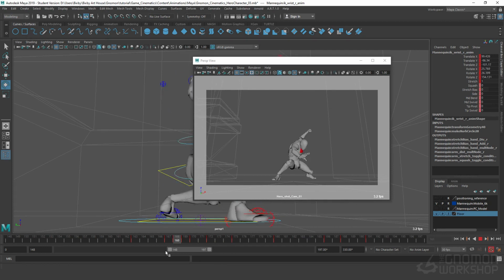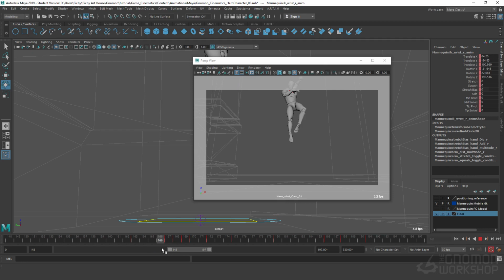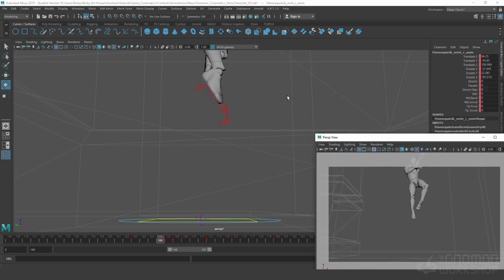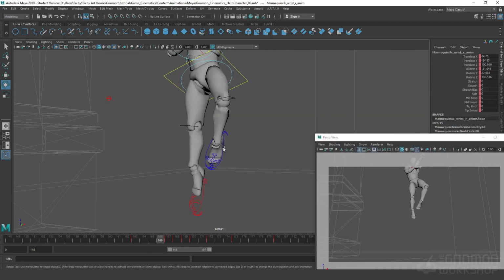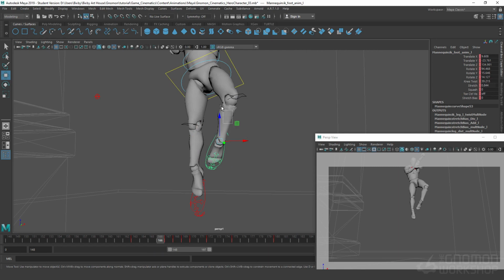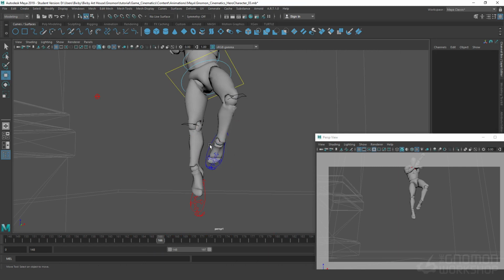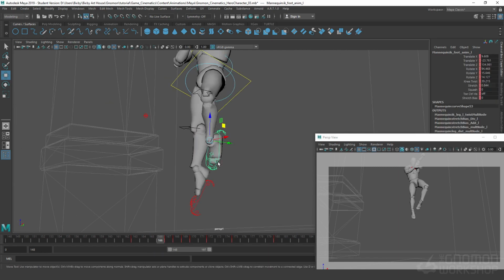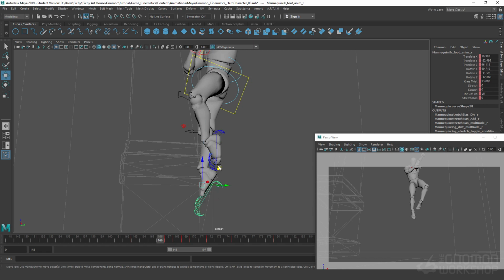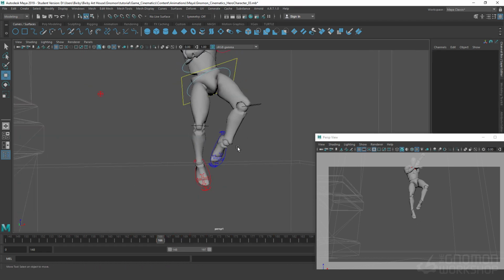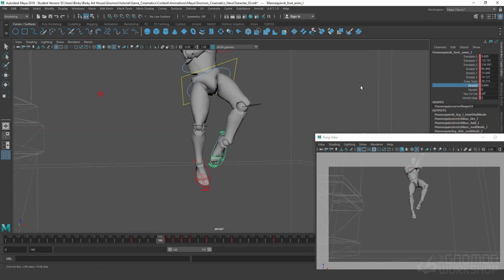Okay, let's help out some areas like over here, kind of clean some stuff up. I feel like it feels a little too loose. I don't like the feeling of the negative space happening between the legs here. I feel like it could be, let's make it feel more like a